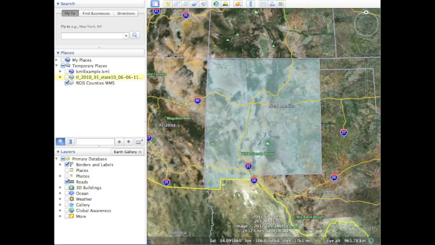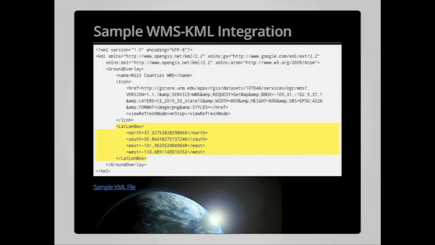And in just a moment, let me turn off the state boundary here. In this case, though I called it Argus County's WMS, it's actually the same WMS for the state boundary. And that concludes our lecture for this week, covering XML, KML, Web Map Services,